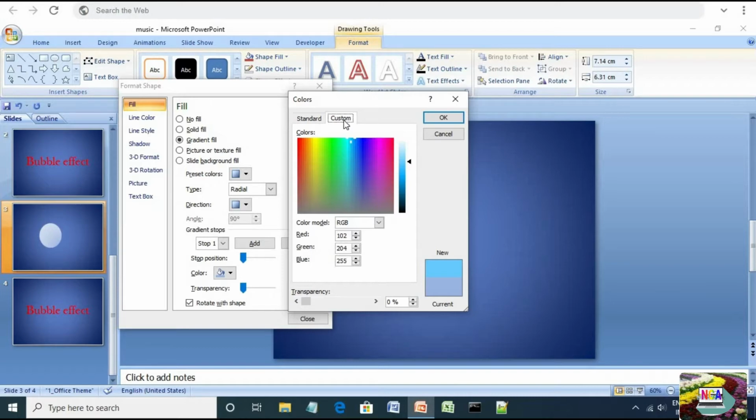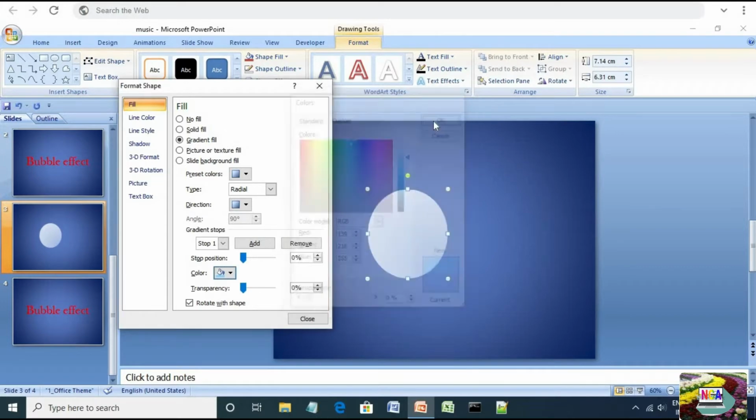Just take care you need to choose from these three colors, sky blue, pink, purple, and the tones of these colors should be very dark. Otherwise, it will affect the transparency of the bubble.